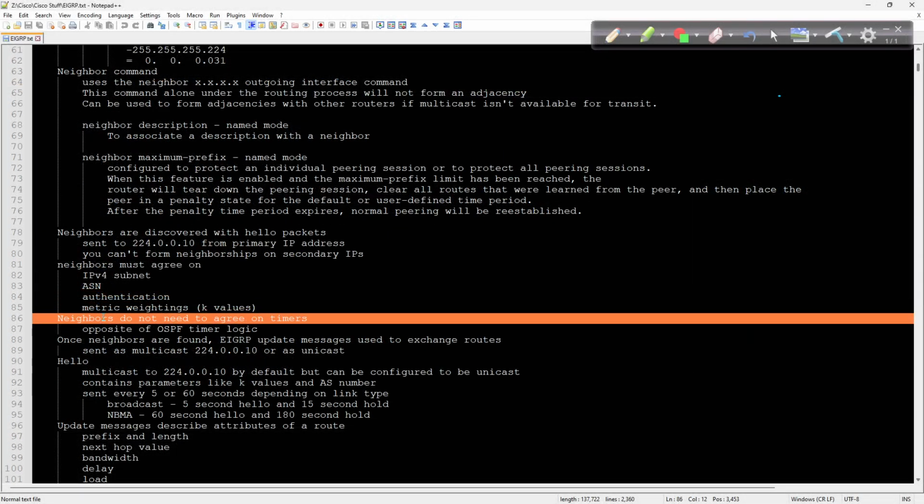Now, the neighbors do not need to agree on the timers, and by default, EIGRP has a 5-second hello and a 15-second dead interval. So you can have it, 7 and 8. I forget the specifics of what you can do with it. But unlike OSPF and IS-IS, where OSPF is a 10-second hello and a 40-second dead interval, or the dead interval is 4 times the hello. One of the things that EIGRP will do